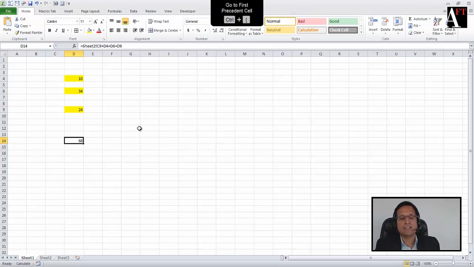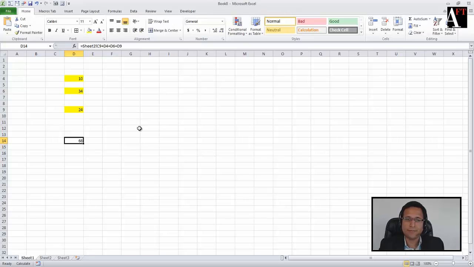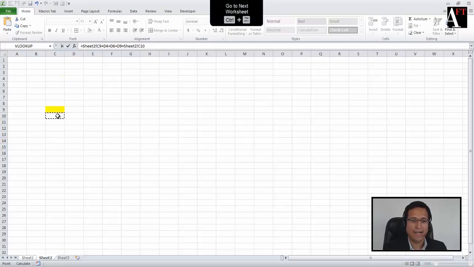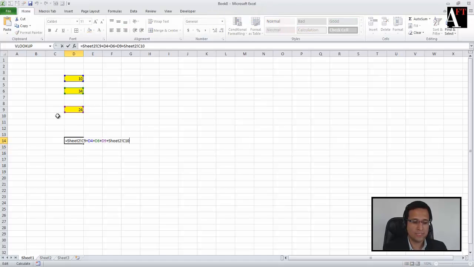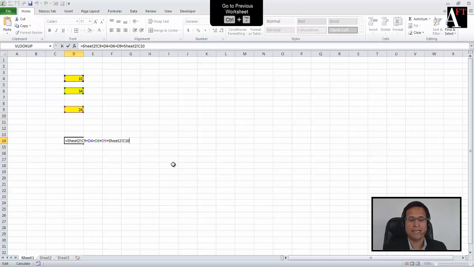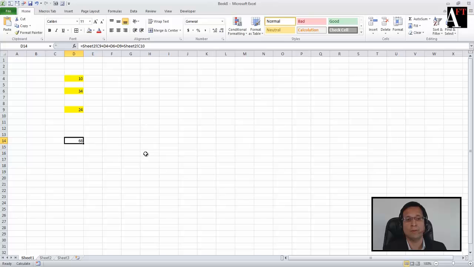However, it does not work where you have added another reference to a different sheet, but that is not the first reference. So for example, now I am adding another reference, and you can note that using control and open bracket, I always reach this cell, not the cell which is below but linked here. So I cannot go to cell C10 in sheet 2 using control open bracket. That's a limitation of control open bracket.